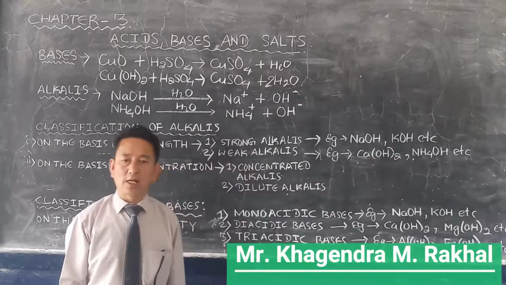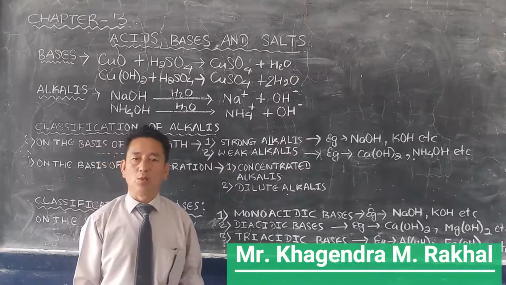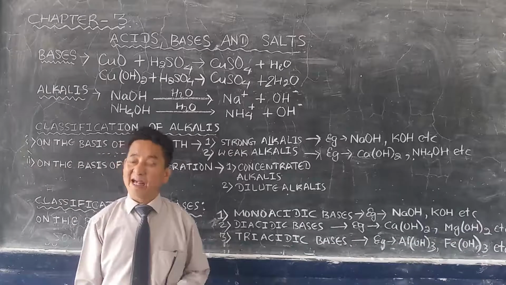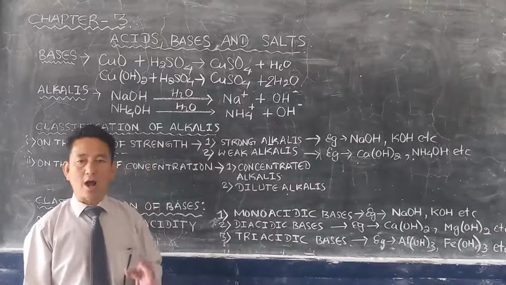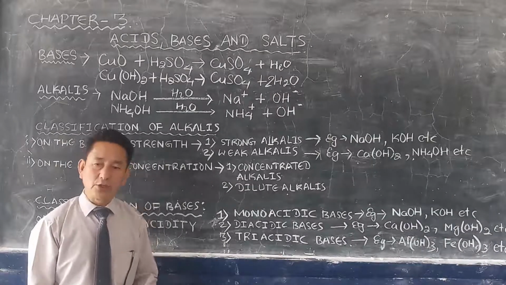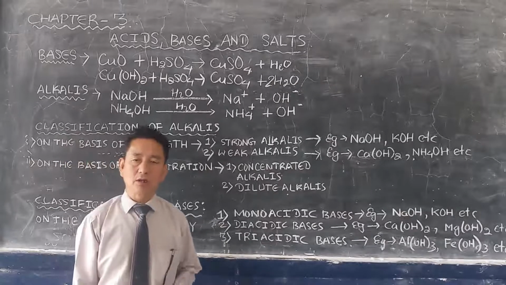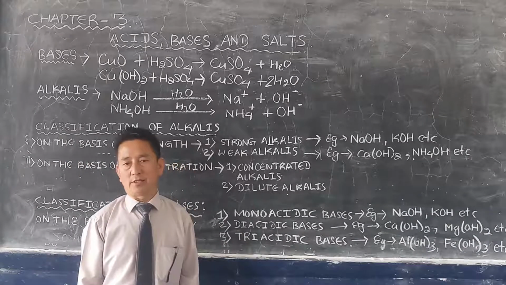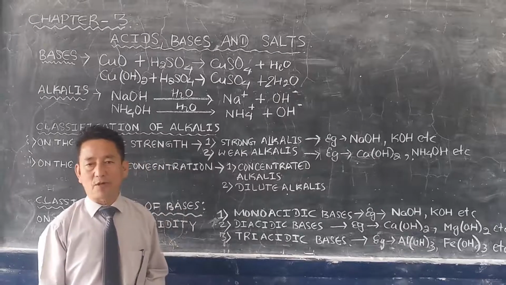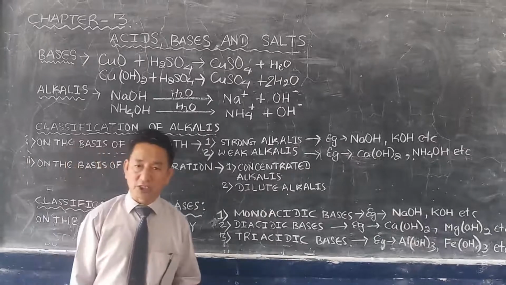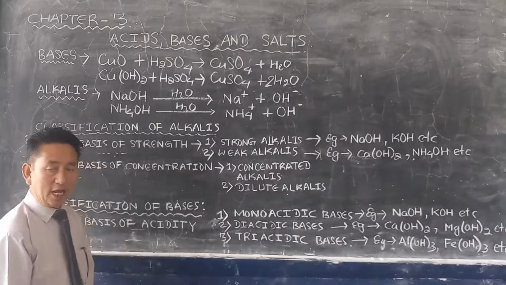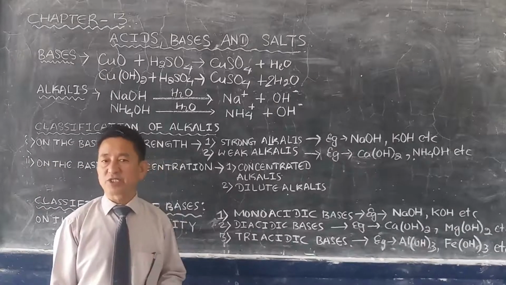Before I start this, I would like to recapitulate whatever we have done in the previous class. As you know, acids are chemical compounds which, when dissolved in water, produce hydronium ions as the only positively charged ion. And these hydronium ions are responsible for the acidic properties of the acid, color changes of the indicator and good conductor of electricity. As you know, the general characteristics of